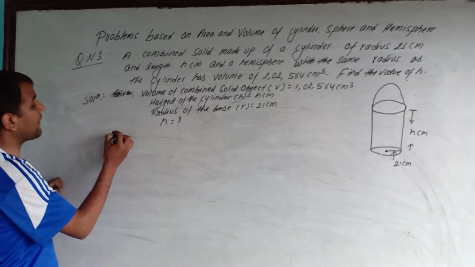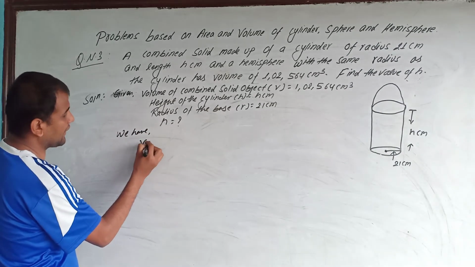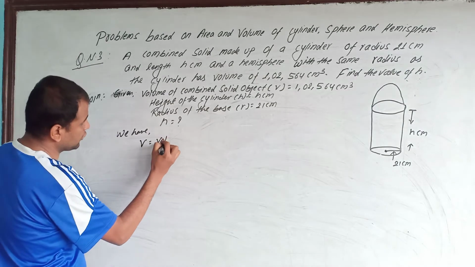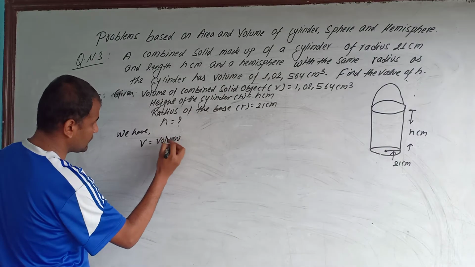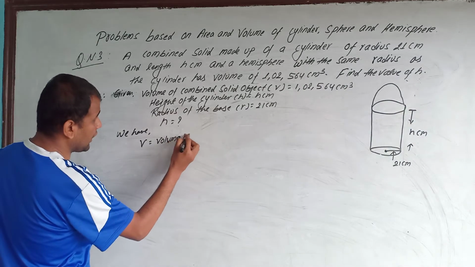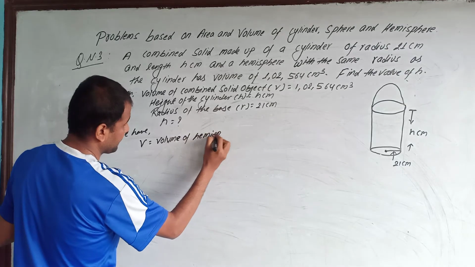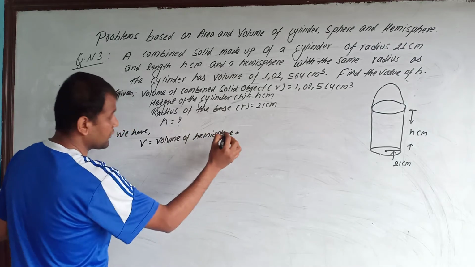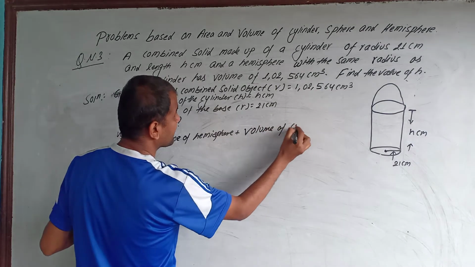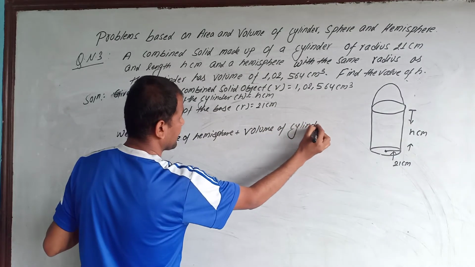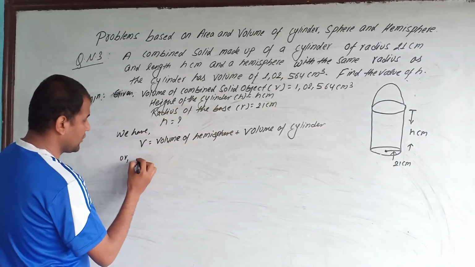So we have combined volume is equal to volume of hemisphere plus volume of cylinder,